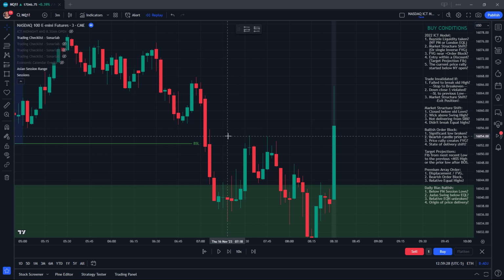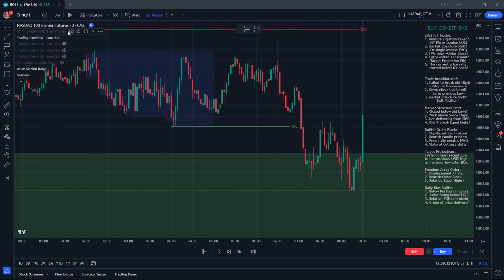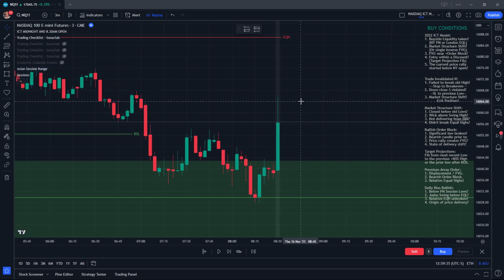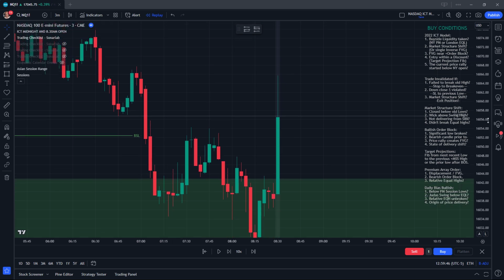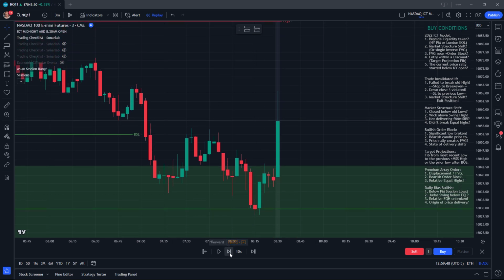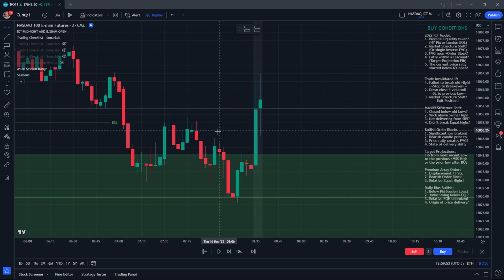Those do kind of look like equal highs, don't they? Well, they're not equal. They're not perfectly equal highs. Equal highs is a very rare thing, so it's more significant. So that's fine. Let's do one more candle. We want to see a fair value gap form once the market structure shift is taken. And we're below the New York Open. So then we do our